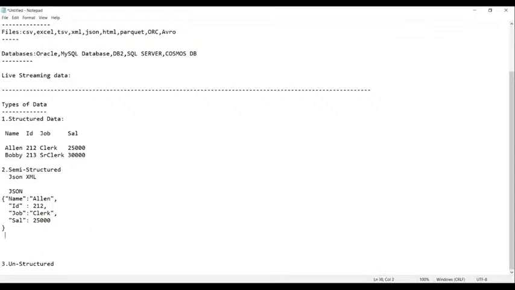Now let us see how the data will be recorded in XML. When it comes to an XML file, the data will be recorded in tags. Let us say this is table data, with the table name employees. So I'm writing the same table using the employees tag. These are called tags.